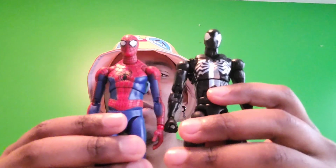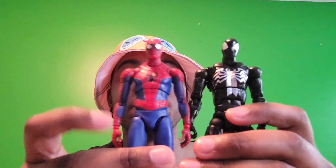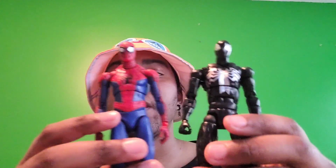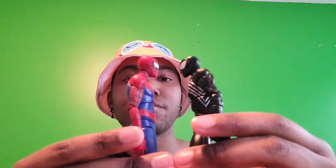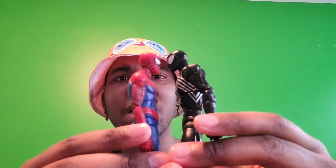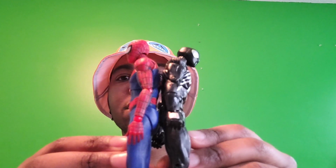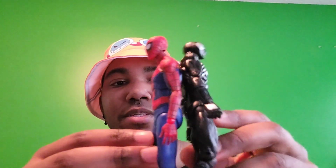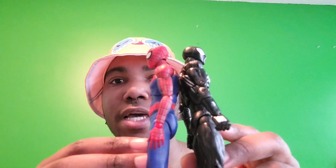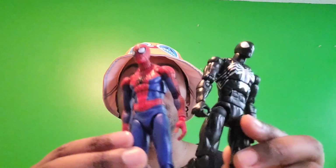So real quick, I'm running out of space for some reason. I want to show a size comparison. So here we are with the Mafex Peter B. Parker and our Spider-Man Origins / Spider-Man Classic Spider-Man. They're roughly around the same size, honestly. I think because of the different body types and different proportions, this one has more bulk to them, but they're around the same height, which is crazy. Wow,